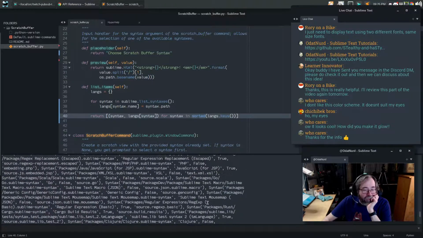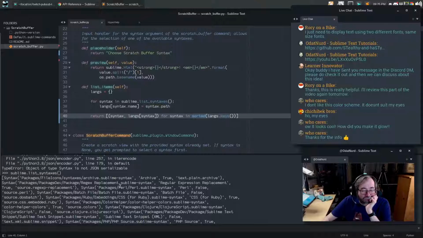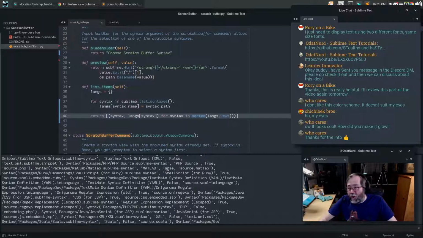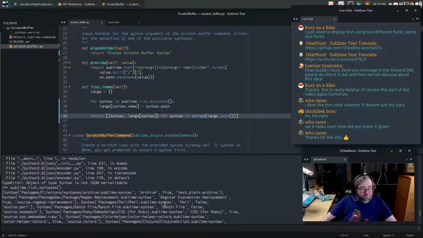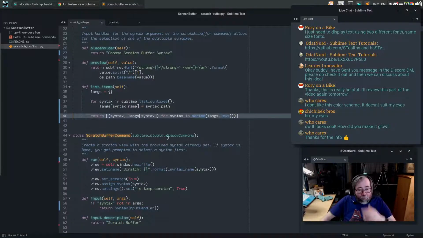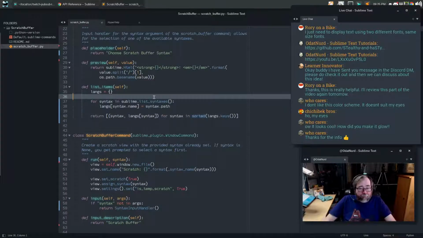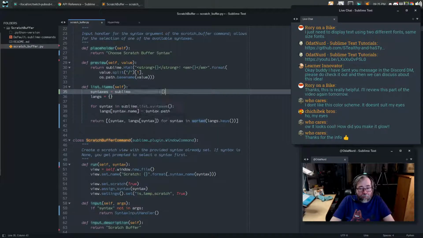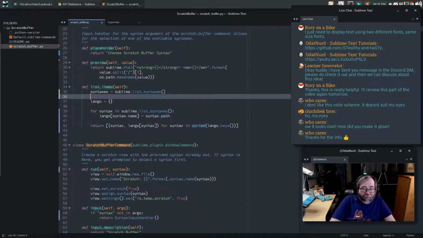Archive. Regular expression replacement. Perl, BCP. Yeah, they're not sorted. Let's say we had something like that and we returned